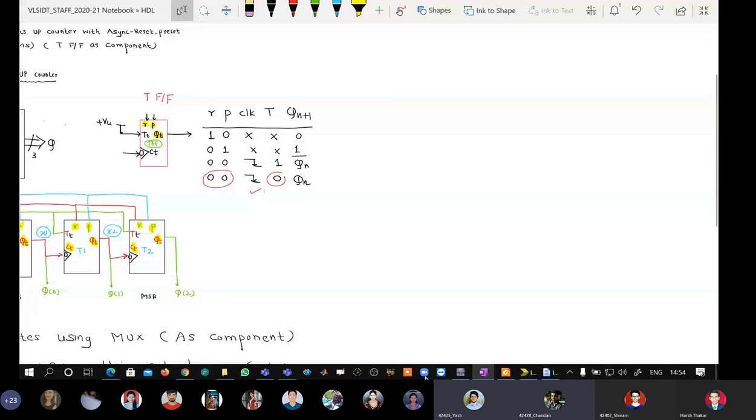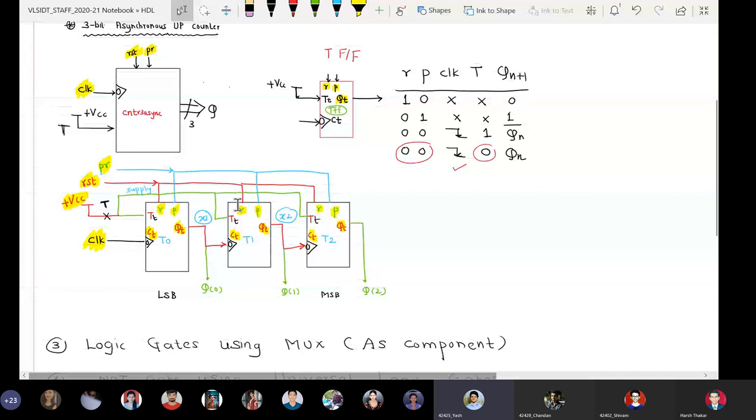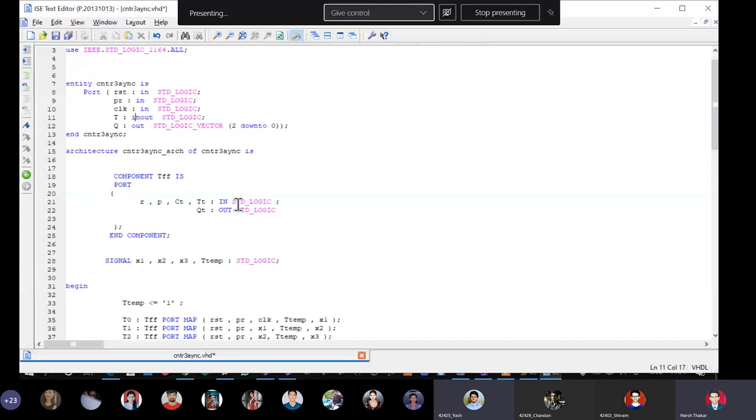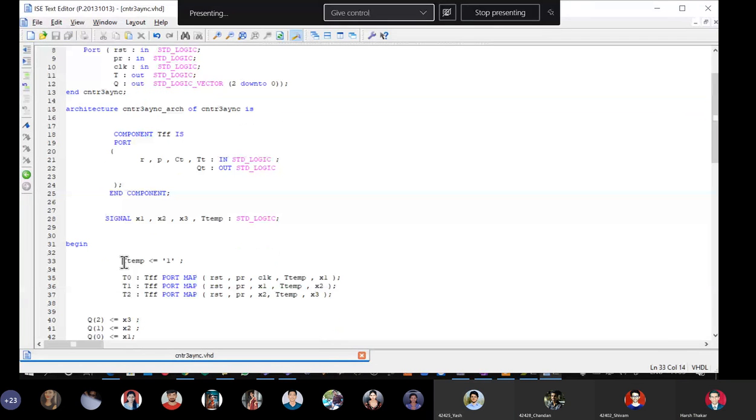Sir, instead of assigning 1 to t temp, assign t to t temp. Where? Sir, line number 33. So here instead of 1, we write t.